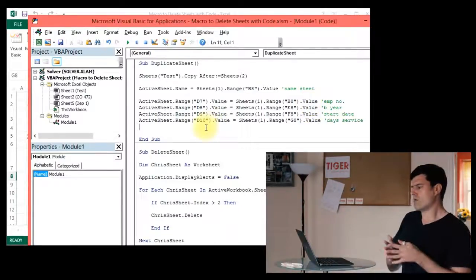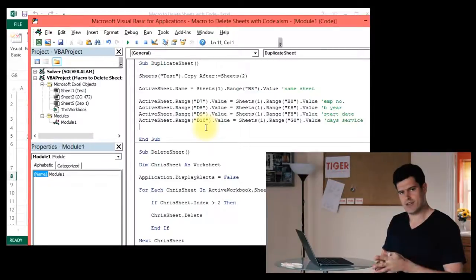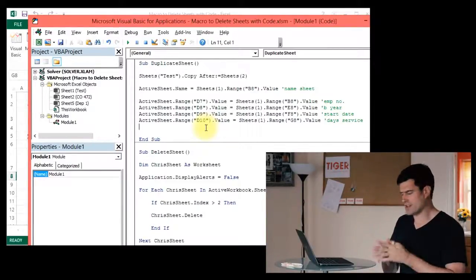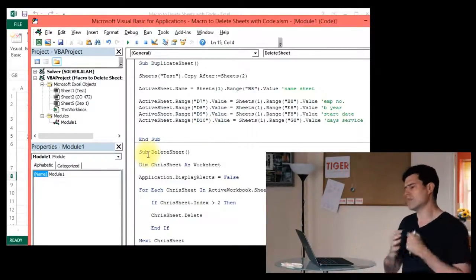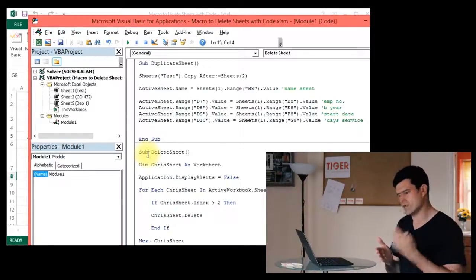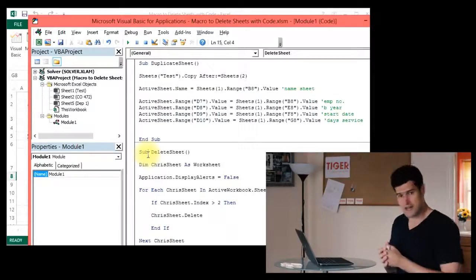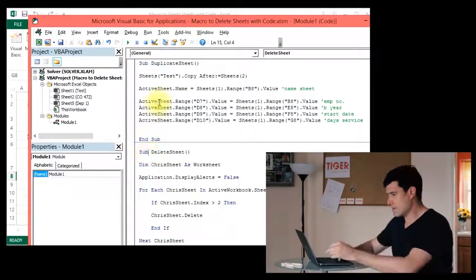So we've got to the point where it's working for a single employee. We're able to get Excel to do that at the click of a button. But we want to do more than that. We want to loop through the employees, creating a report for each employee. So how are we going to do that? You guessed it, we're going to put a loop in,